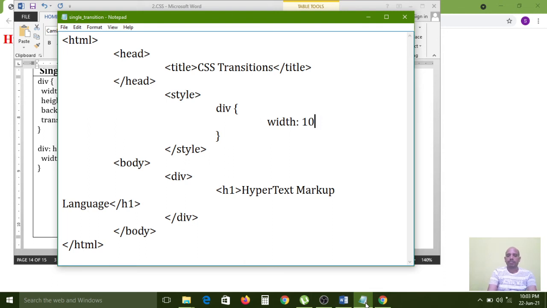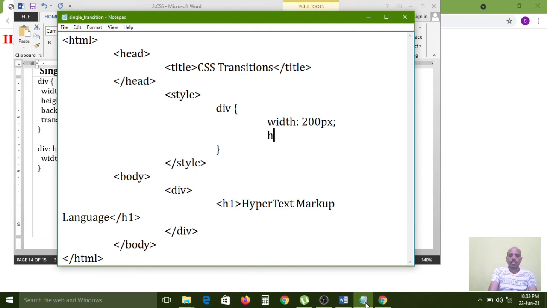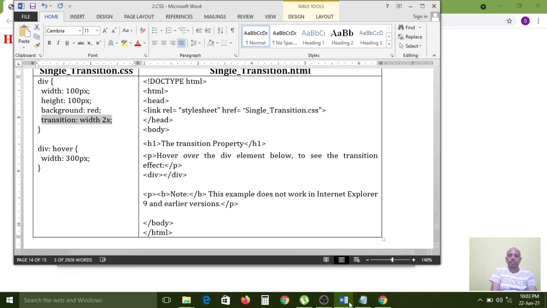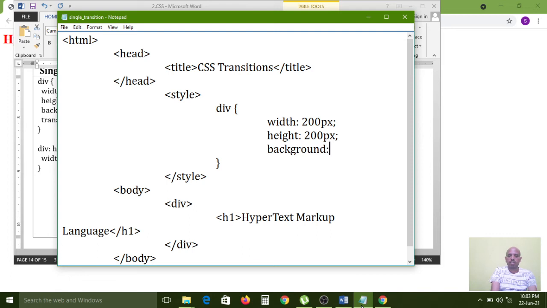Sorry, 200 pixels, height 200 pixels, background red.